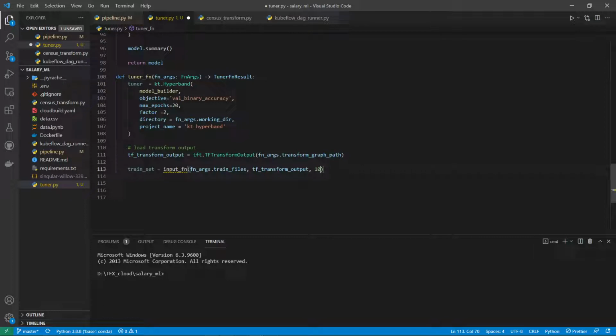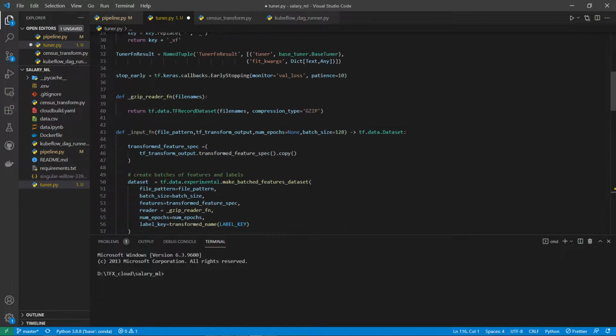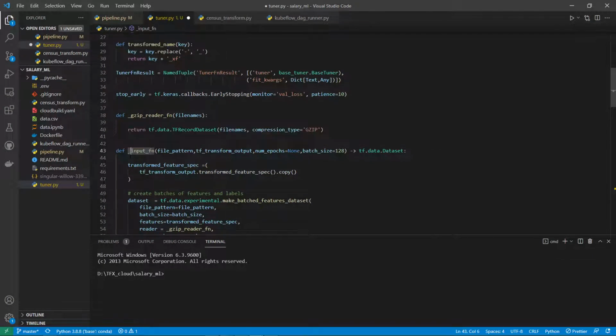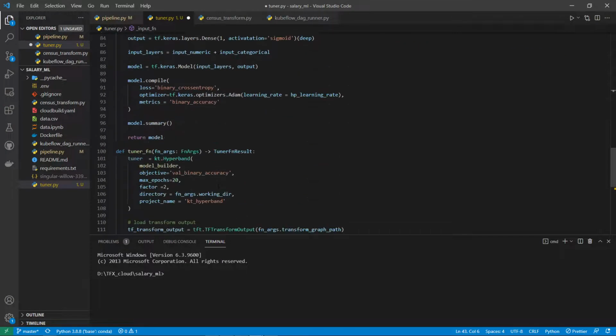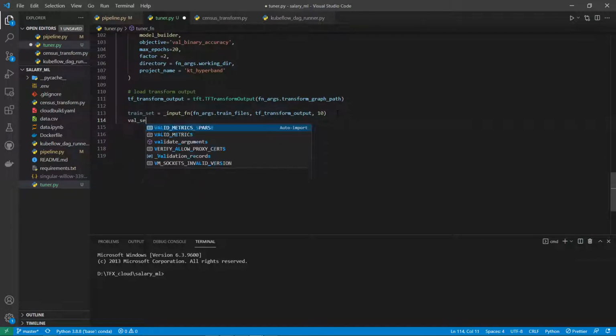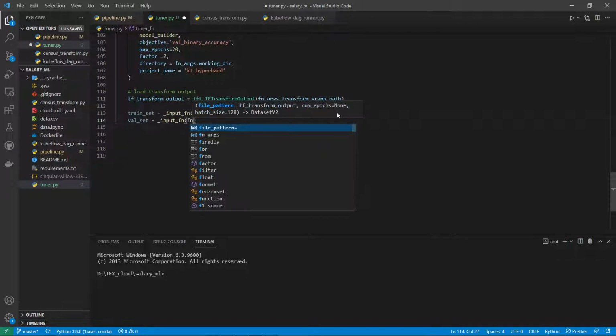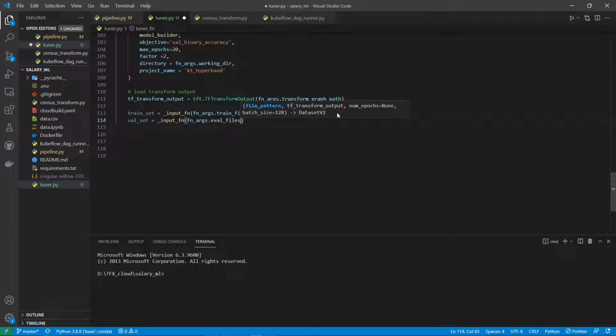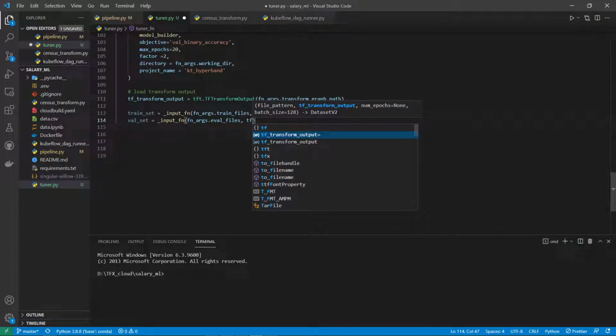So this means create 10 batches of data set. So every time when the model is training, it would have 10 batches of data. So this is supposed to be input function like that, and then val set, so input function, so function arguments dot eval files tf transform output